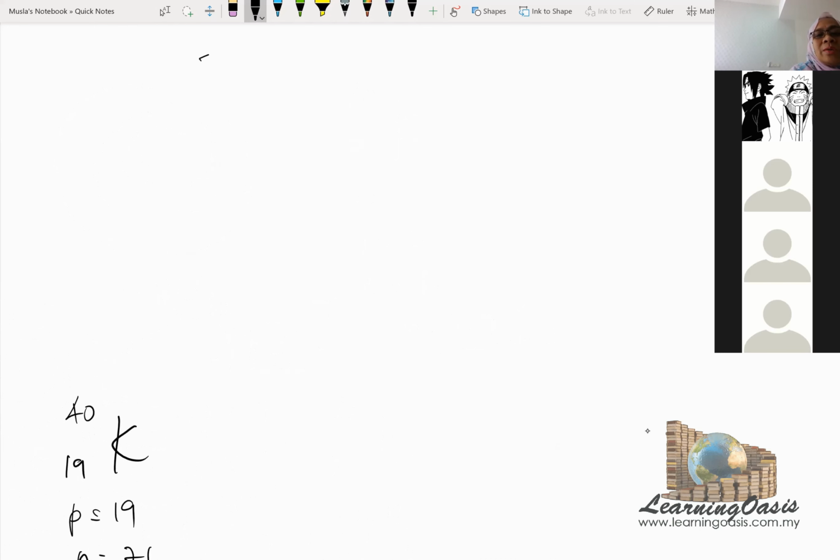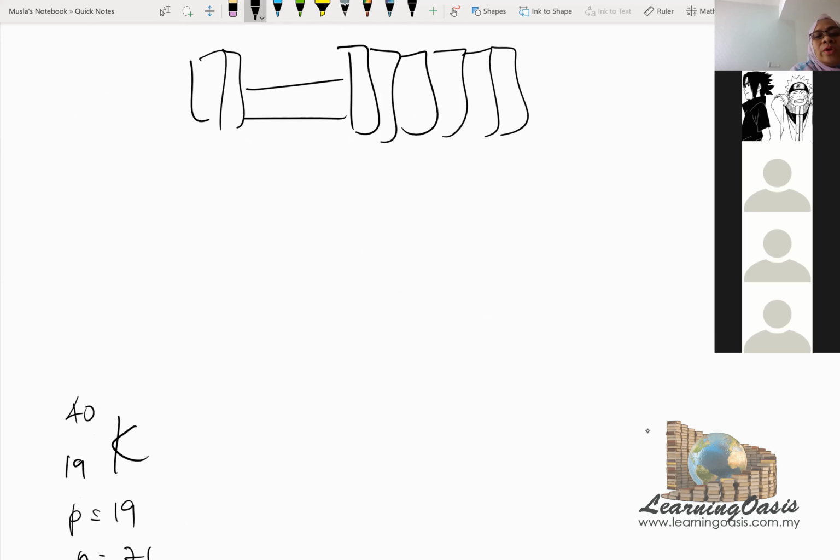The elements in the periodic table are arranged according to increasing number of protons. 1, 2, 3, 4, 5, 6, 7, 8. So you go across and you keep increasing the number of protons. Once you know that, the next one is